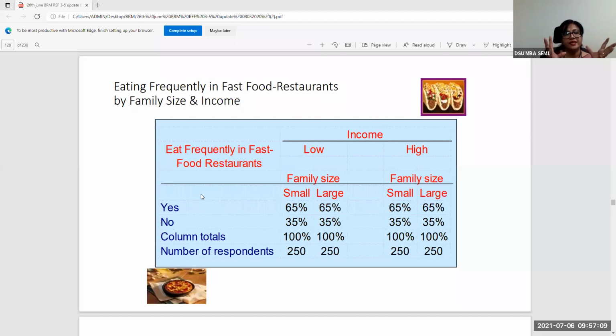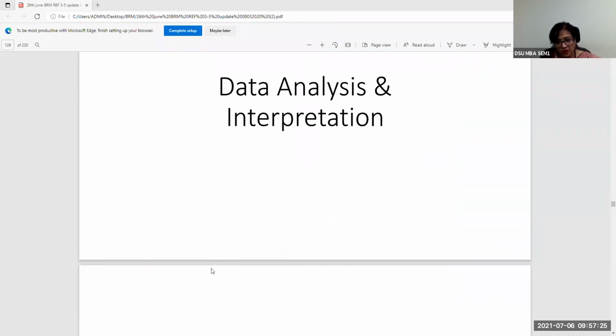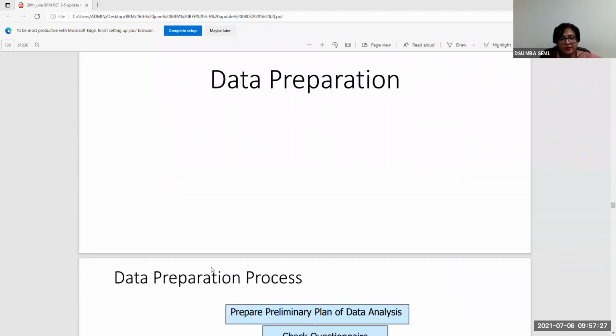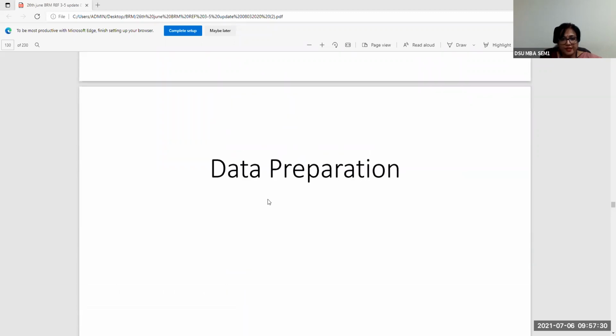Then we will look at the case studies of factor analysis and cluster analysis, which I will send across today, and you will see what kind of data has been used there. Interval scale data is used, and then we will see how that is used in SPSS to determine the factor and cluster analysis output. With this, I think we will conclude today's session. If there is any doubt, you can ask me now.